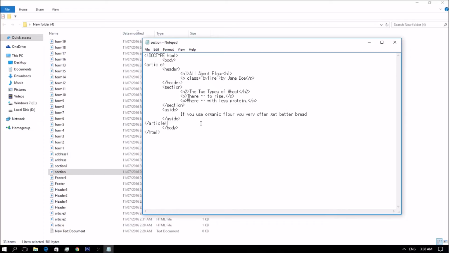So let's take a look at how you could use the section element to divide the different parts of the flyer articles into sections.